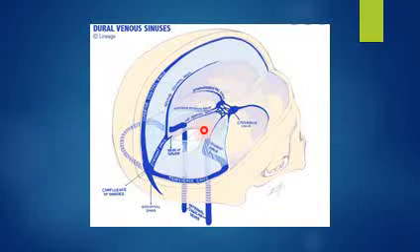And finally, this diagram showing the orientation of sinuses in the cranial cavity. We can see the superior sagittal sinus, inferior sagittal sinus, straight sinus, and then the confluence of sinuses, occipital sinus, right and left transverse sinuses, sigmoid sinus, and ultimately they form the internal jugular vein. These are two cavernous sinuses connected through intercavernous sinuses and connected with the transverse sinus through the superior petrosal sinus and with the internal jugular vein through the inferior petrosal sinus. So this was all about the gross anatomy of dural venous sinuses.